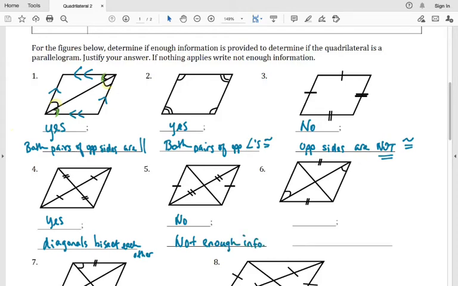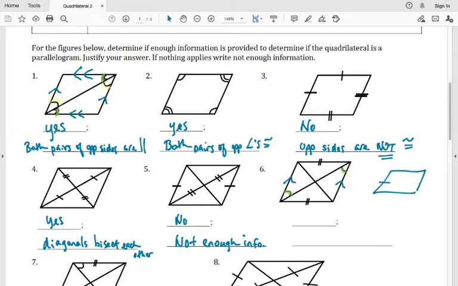Okay, on the next picture, again, we would have to say no. You should really think about this for a second. This angle here is congruent to this angle here. Those are alternate interior angles. But the fact that those are the angles that you've marked congruent means that these are the lines that are parallel. And our last rule said, the one we had on our picture up there,